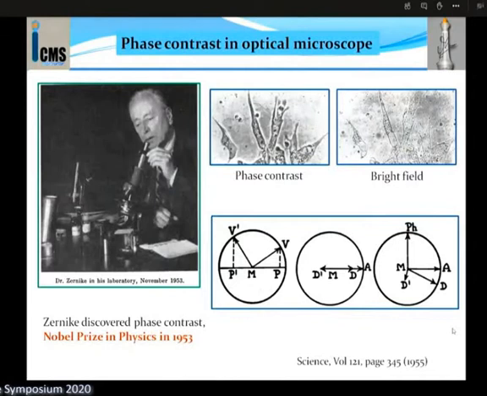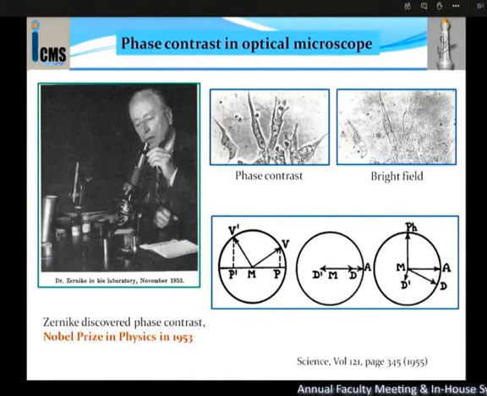So phase contrast microscopy, as you are all I'm sure aware, was discovered by Zernike in optical microscopy and was also awarded the Nobel Prize in Physics in 1953. To understand phase contrast microscopy, you see a comparison of a tissue sample without any chemical staining, the bright field and the phase contrast image. If you use a phase plate to do phase contrast imaging of a weakly scattering tissue sample, you can see lots more details which are not available in the bright field image.